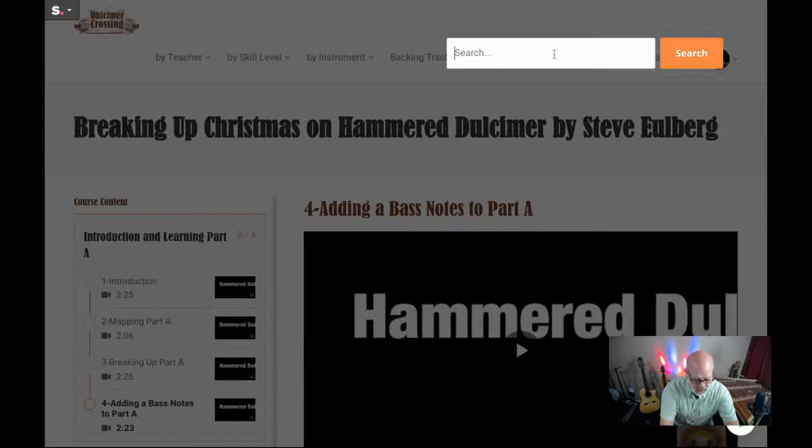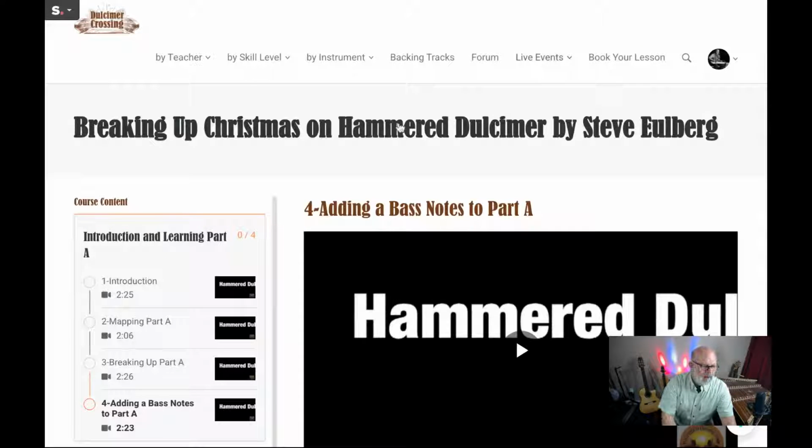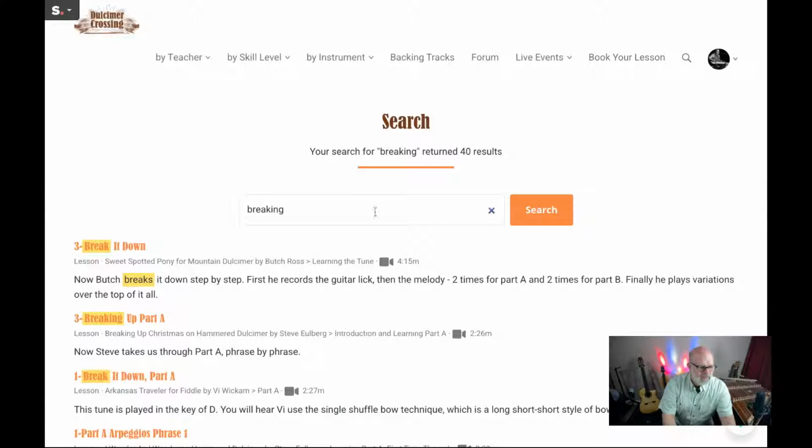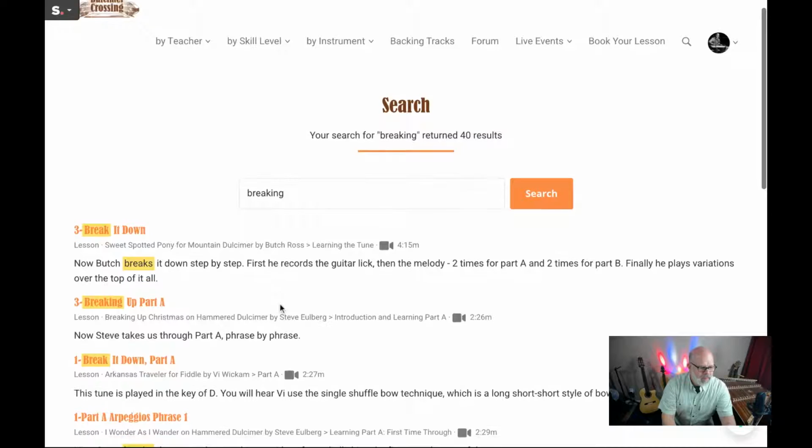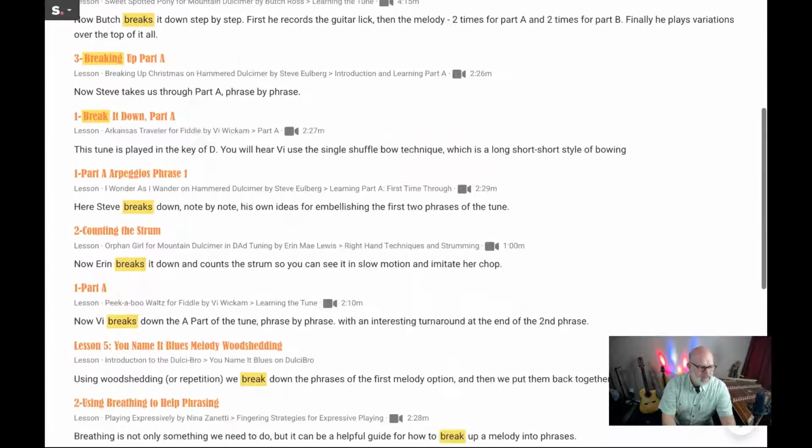We can also see, is it here for Mountain Dulcimer? Let's see what our search function tells us. We have breaking up, breaking it down.